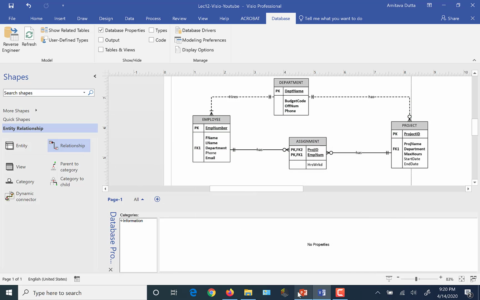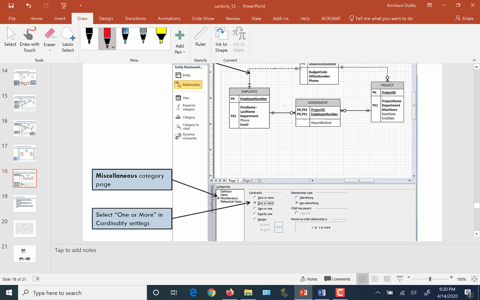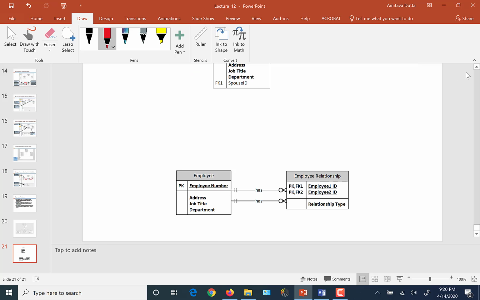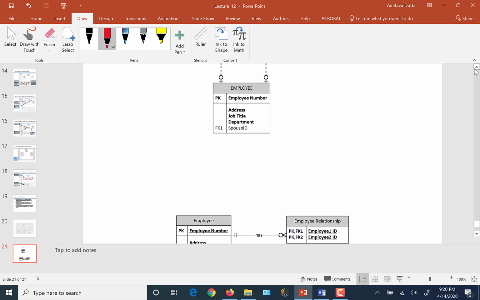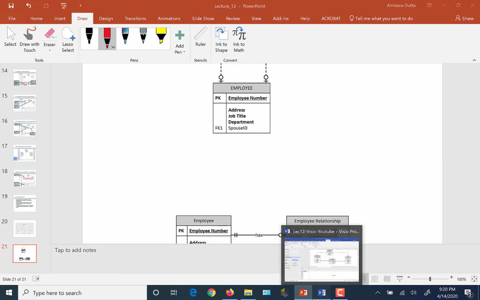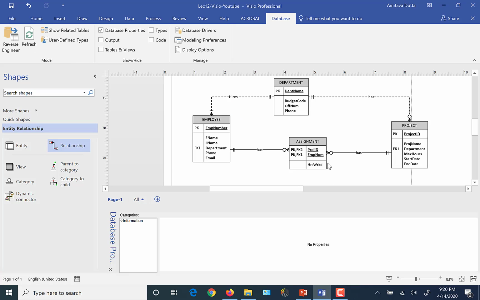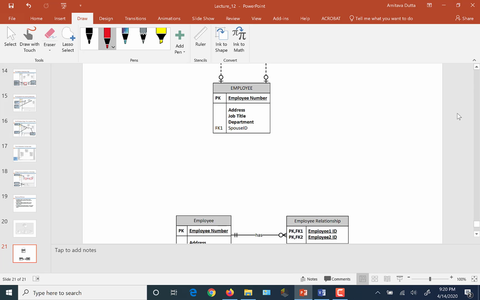So going back to my PowerPoint slide here. This is the relational database design that I have been using for the past 3 tutorials with Visio. So let me switch to a different slide here. First, let's discuss what recursive relationships are. I'm going to just pick up on the employee entity. So here was our relational database design, and I'm just going to pick up the one entity here called employee, and discuss what we mean